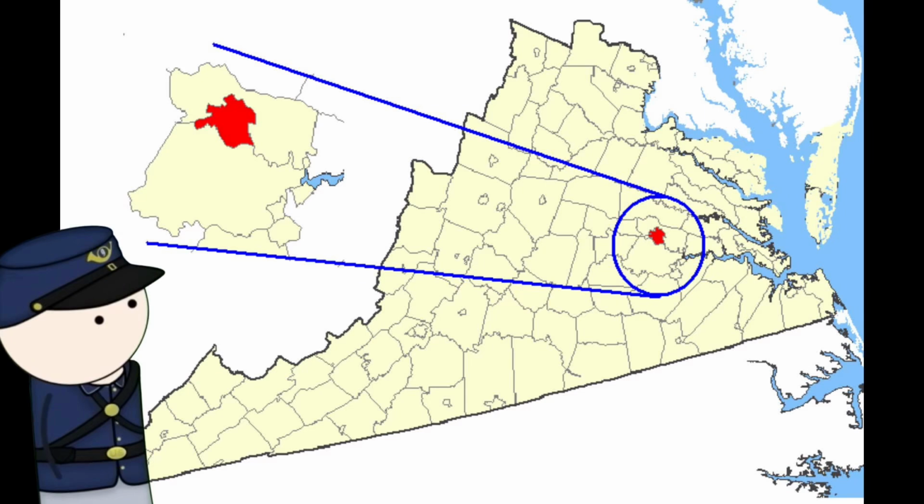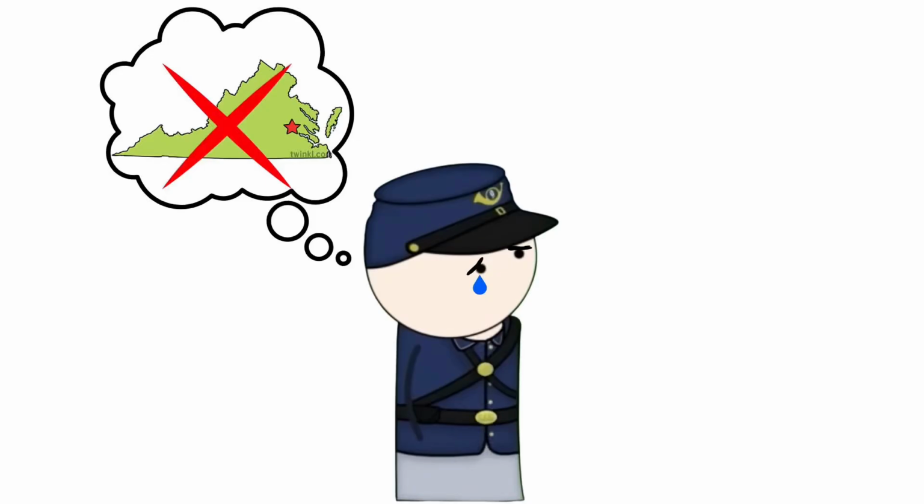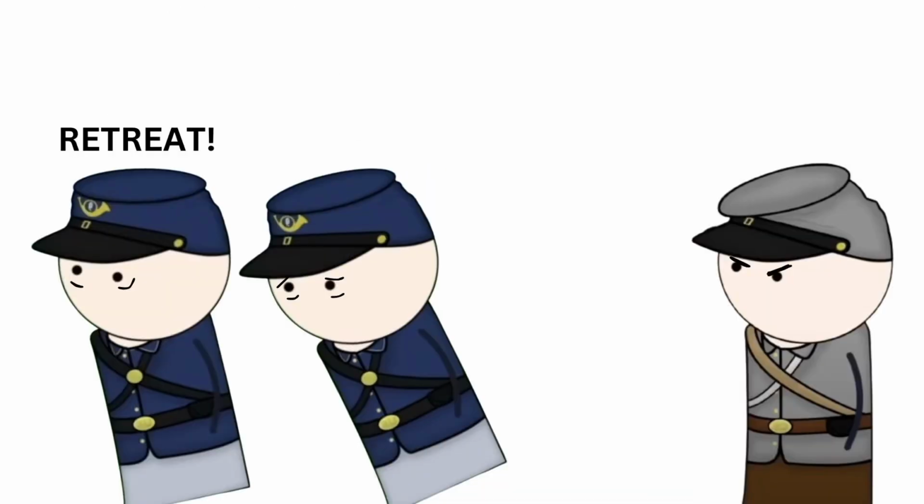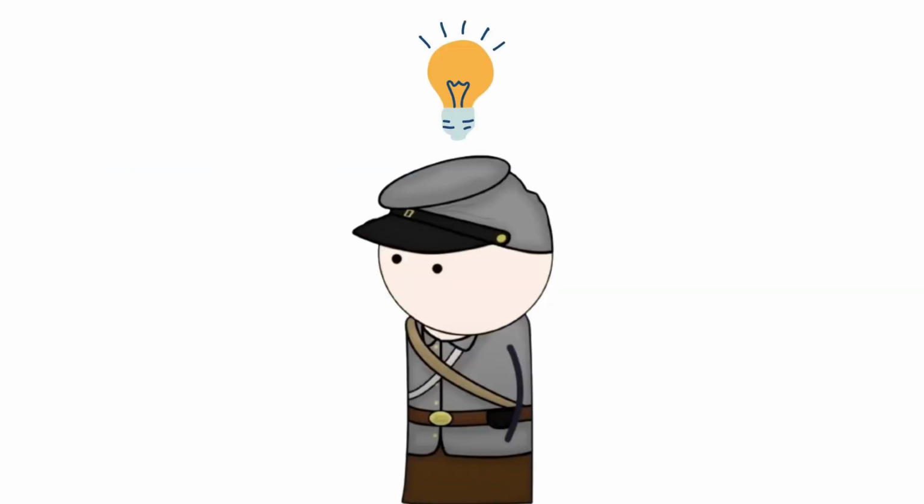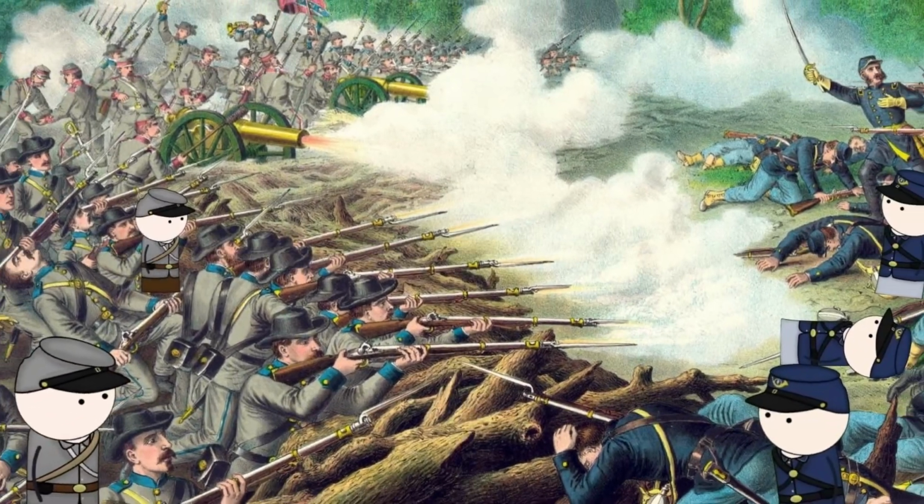So in conclusion, in an attempt to take control of Richmond, Virginia, otherwise known as the capital of the Confederacy back then, this Union attempt failed, and they lost this battle because of a smart play from the Confederates. That was how the first battle of the Civil War went.